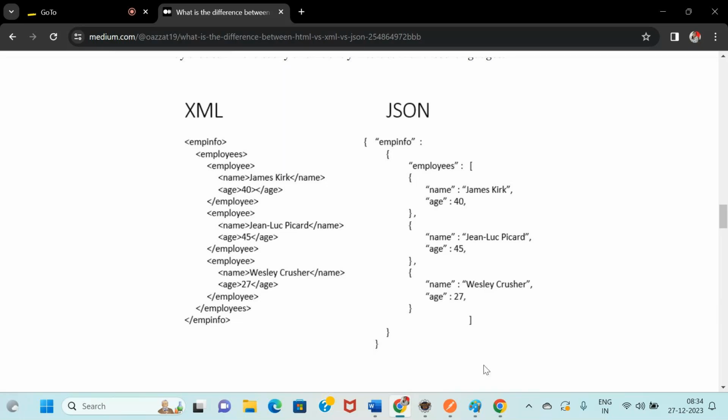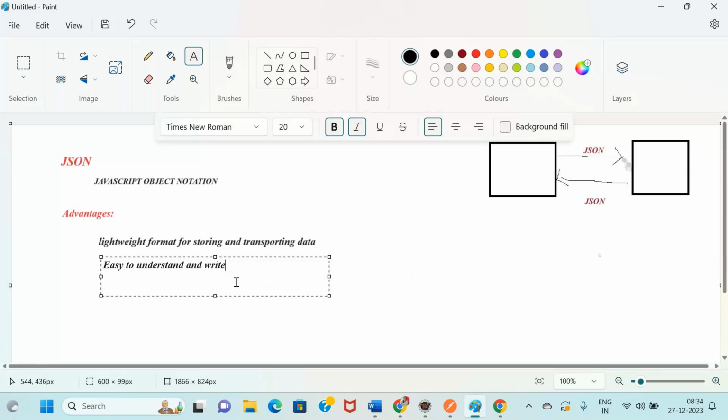And the main important point is, language independent. Language independent means it is not fixed to one language.